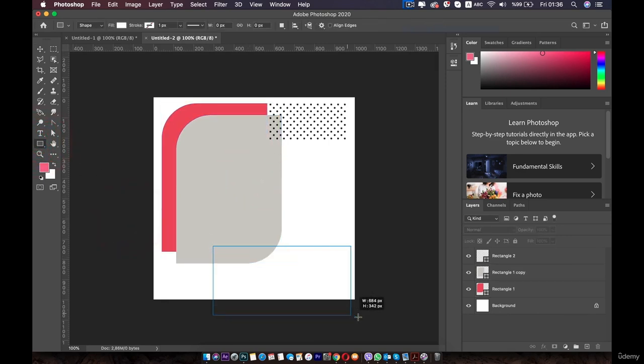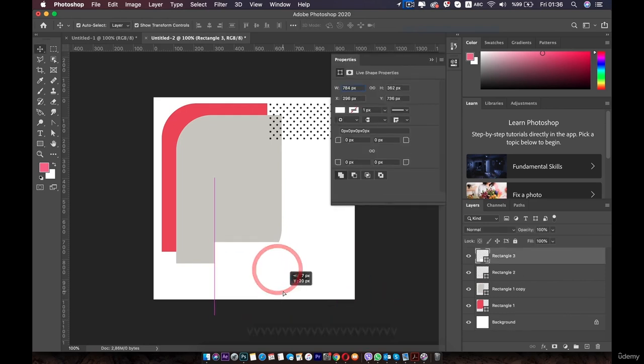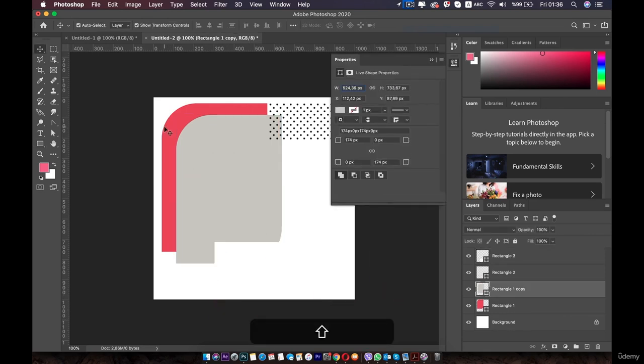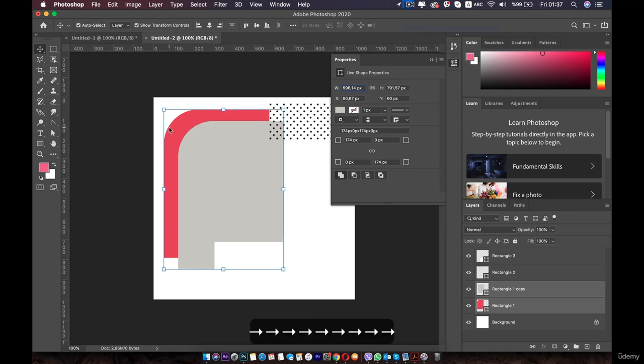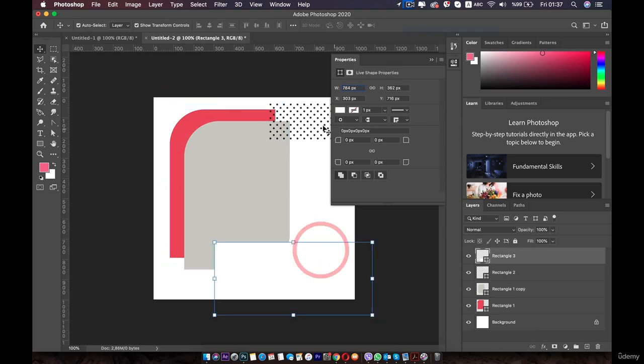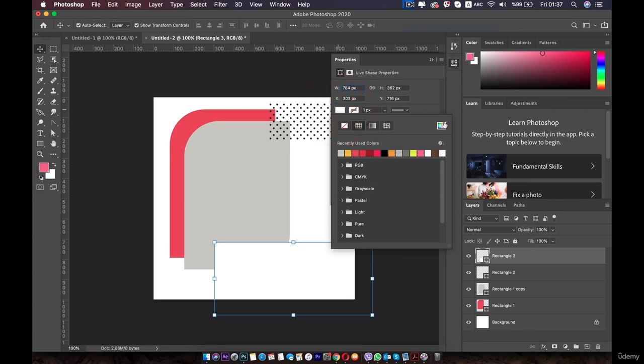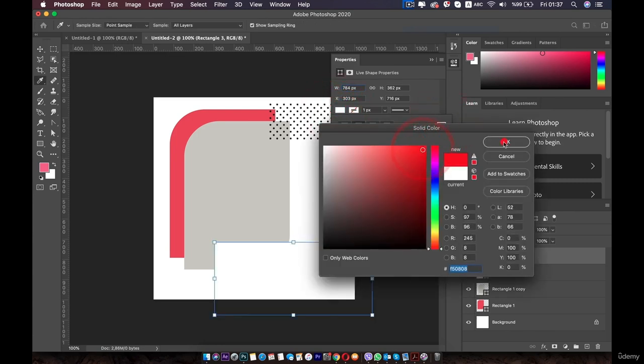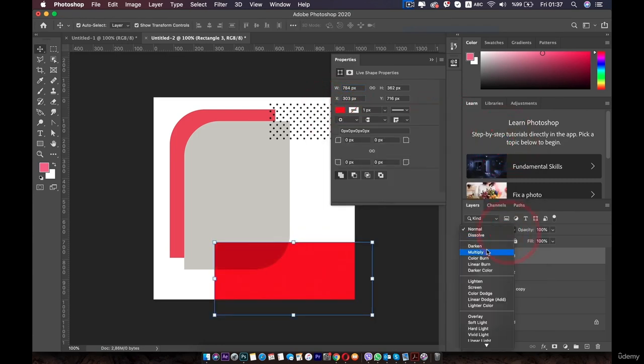The next thing, we are going to create a shape here for the text. Before I change the color, I need to move these. I'll move them to the right side and down a bit. Then we'll change the color for this box that we created. We'll make it peach red, and then change the blending mode to,